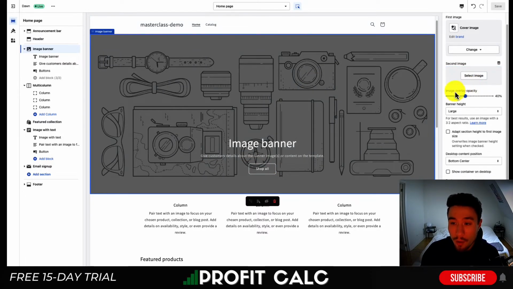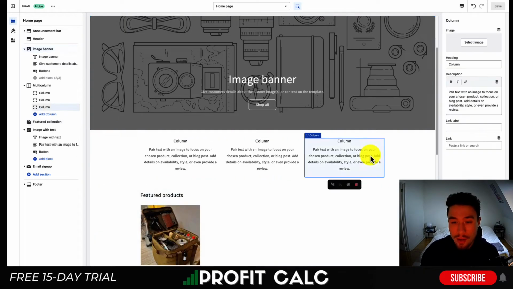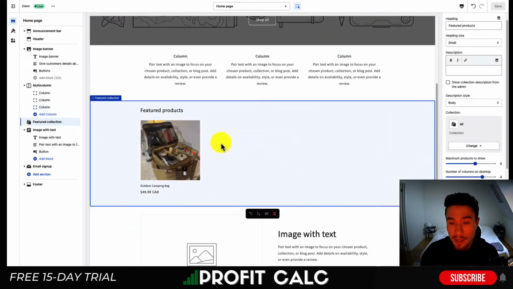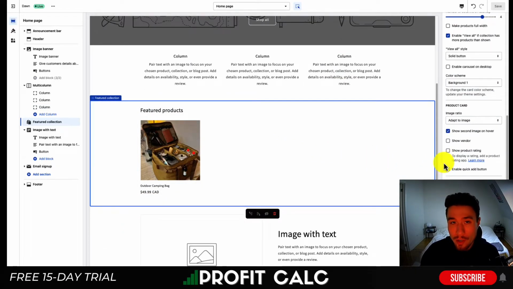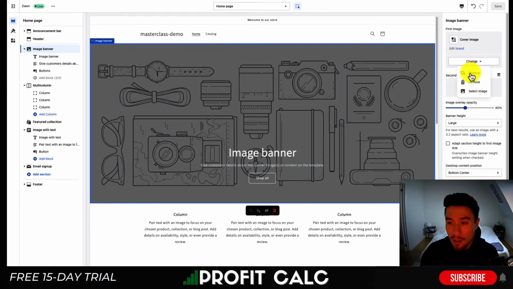You get quite a few options for each section. So you can set the cover image, the second image, the overlay opacity. If you have both these images here, the height, content position, and so on are also going to depend on the layout. This will also change depending on which section you have highlighted, and it's going to give you further